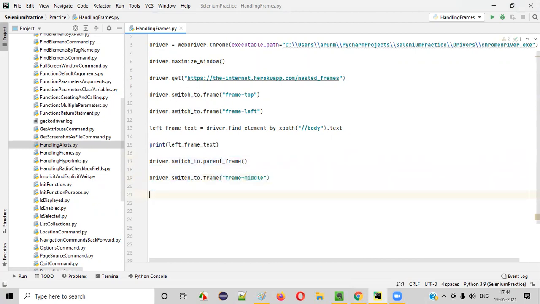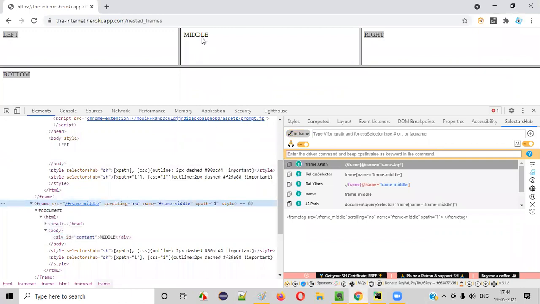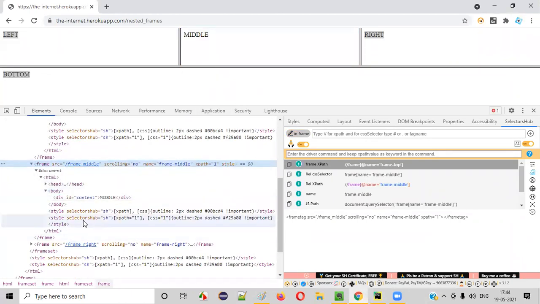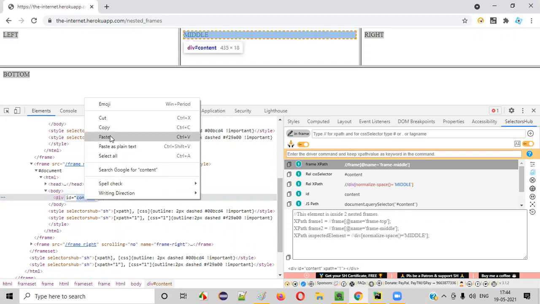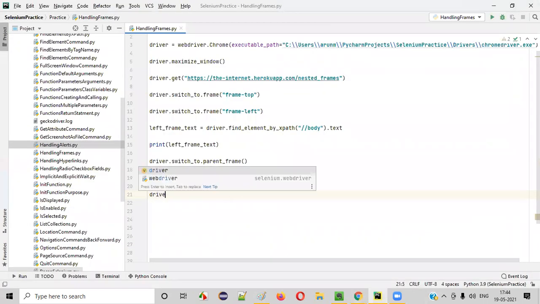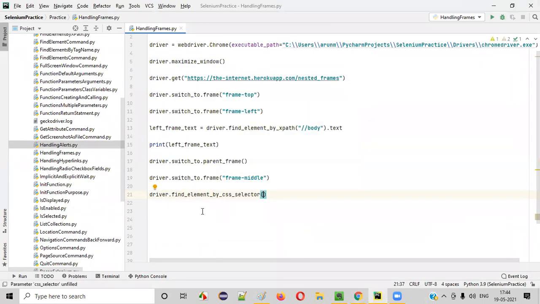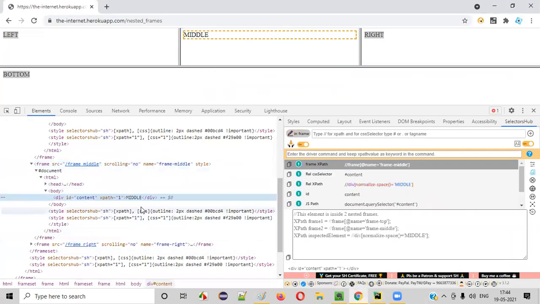Okay, fine. Now after switching to the middle frame, inside the div we have this middle text. It has an ID locator, guys. I want to retrieve and print this particular middle text in the output.